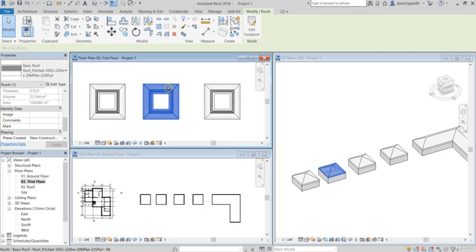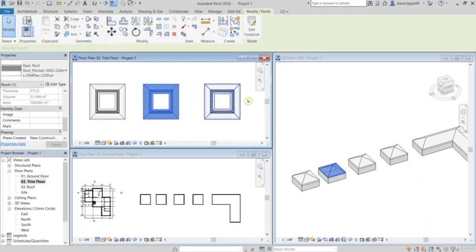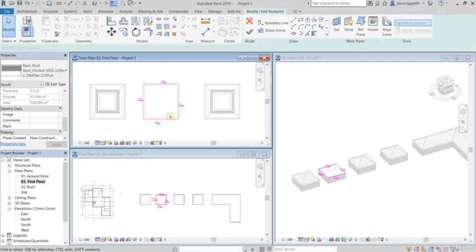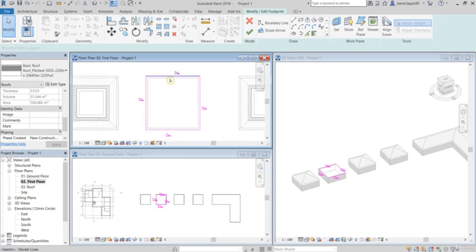Again, this is because we're working on one single model. So to edit the roof itself, I can either select it, go to the contextual tab and click on edit footprint, or we can double tap to go into the editor. So the footprint is represented again by this single closed loop, same like with the walls and floors. So if we wanted to edit them in any way,